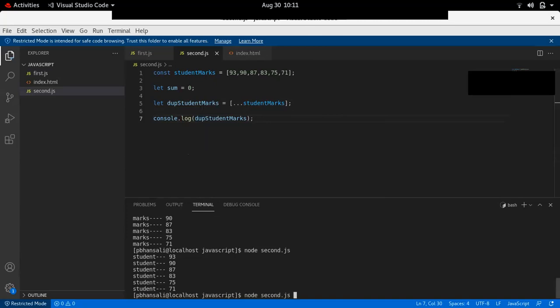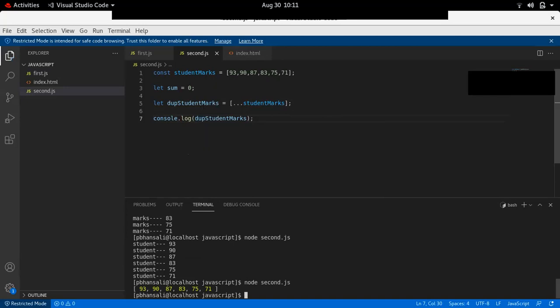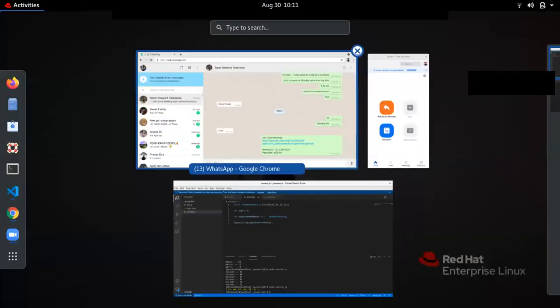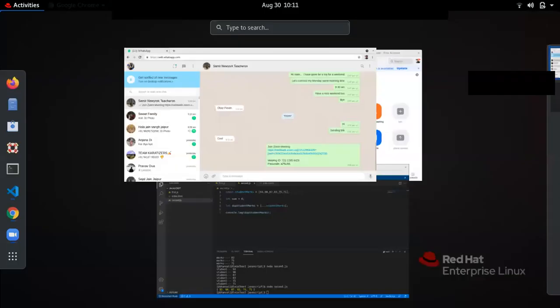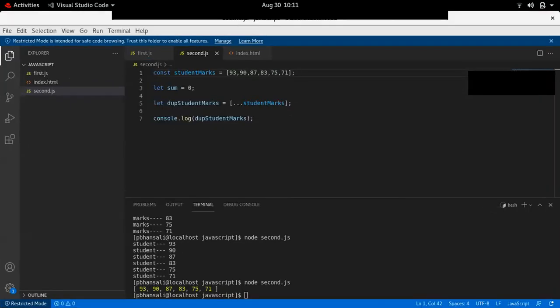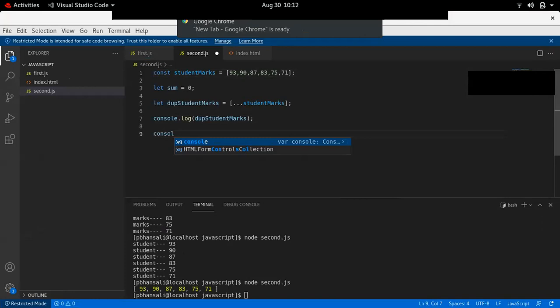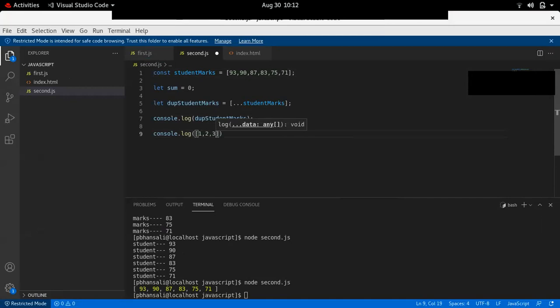You can see it is a new array now, because an array is also a reference data type. So if I compare two arrays, we can do it in code. If I compare console.log([1, 2, 3] === [1, 2, 3]), it will return false.